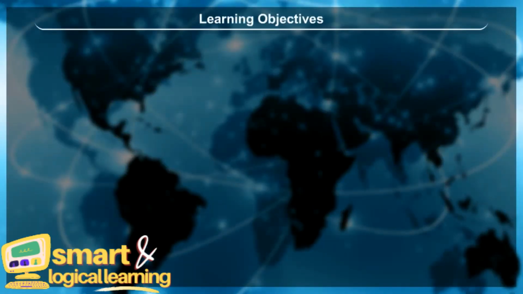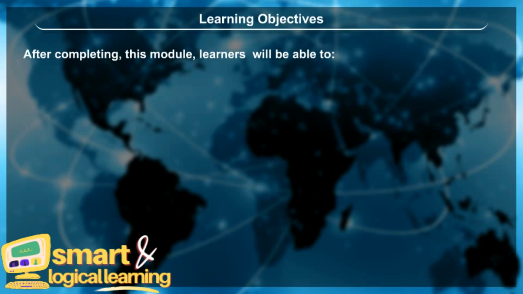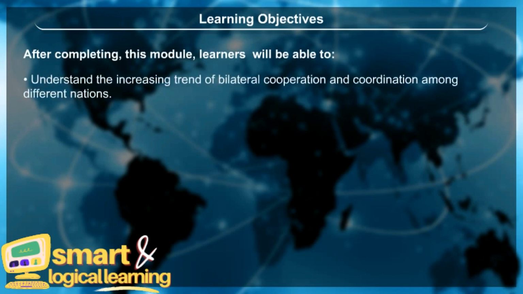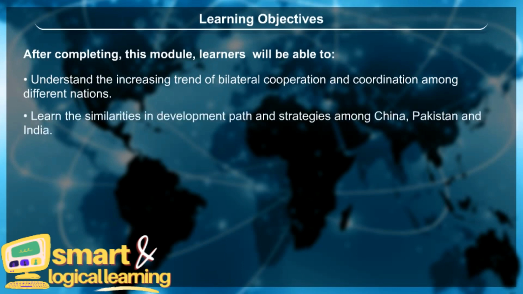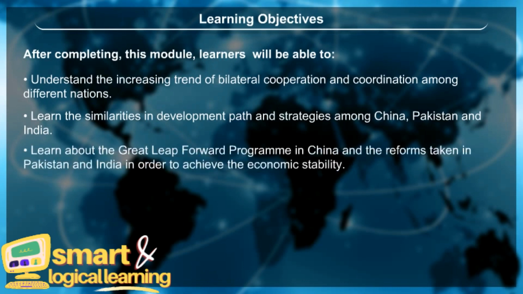Learning objectives. After completing this module, learners will be able to understand the increasing trend of bilateral cooperation and coordination among different nations. Learn the similarities in development path and strategies among China, Pakistan, and India. Learn about the Great Leap Forward program in China and the reforms taken in Pakistan and India in order to